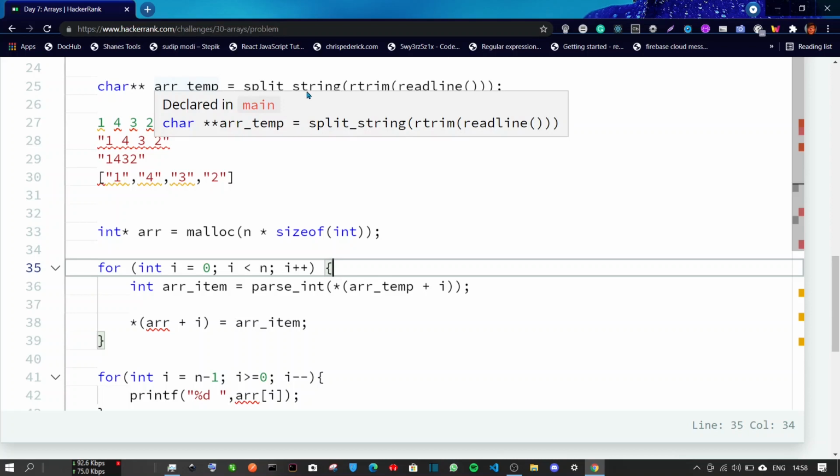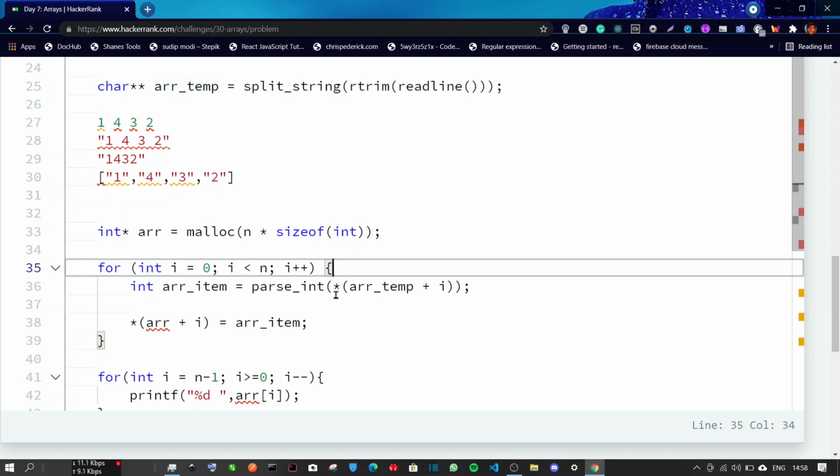This array temp points to some memory. So all those elements inside that memory will be converted into integers using the parseInt function stored inside this temporary array item variable, and then the array item variable will be stored inside the memory that is pointed by this array pointer, right?